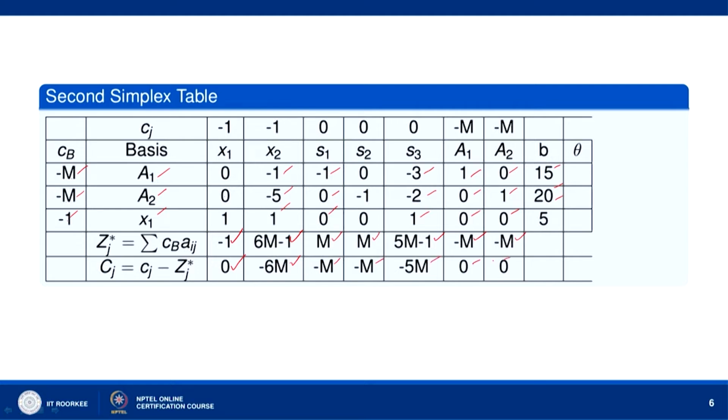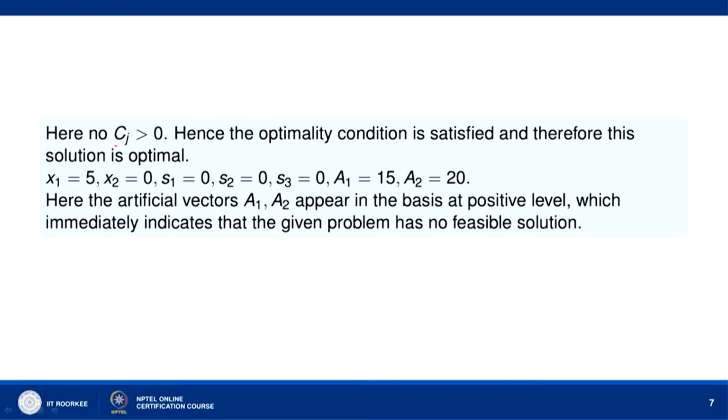Now, you can see that all Cj values are less than or equal to 0. This is 0, this is minus 6m. So, all Cj values are less than or equal to 0. So, what we have here, no Cj is positive, hence the optimality condition is satisfied, and therefore, this solution is